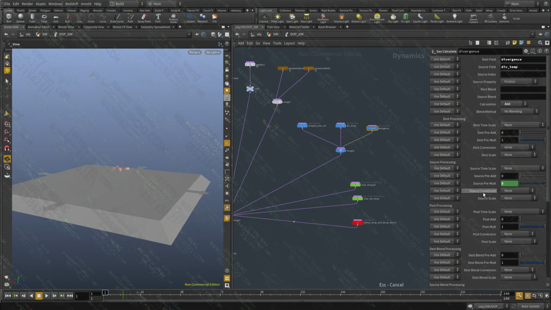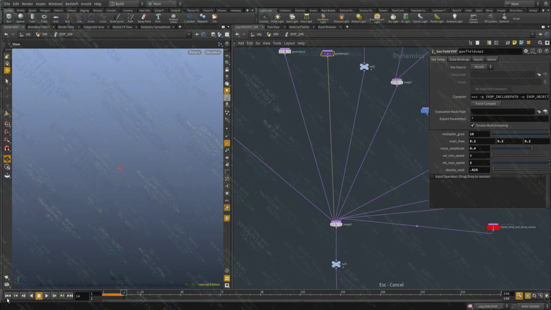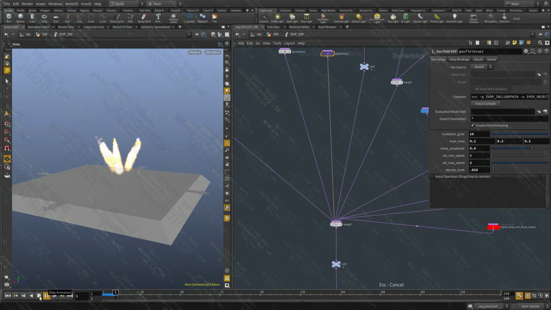Set this to 8, and let's lower this to 0.1, so we copy 10%. Cool. I want to get the expansion at the center basically. Let's copy this to copy 0.25 only. Cool. You can see now it's expanding